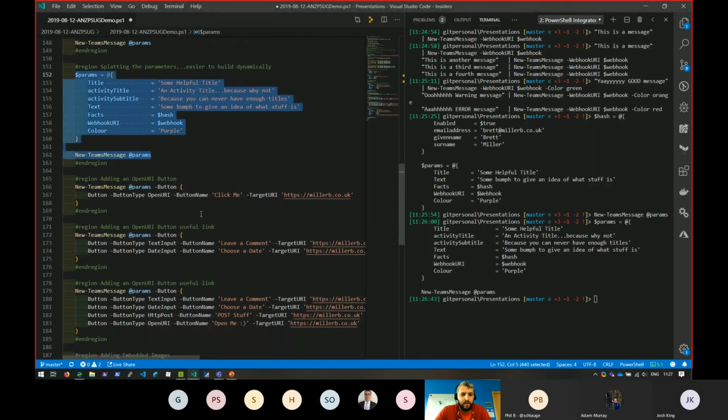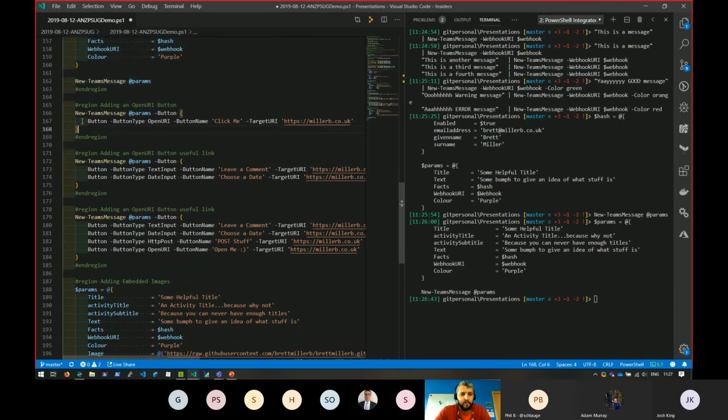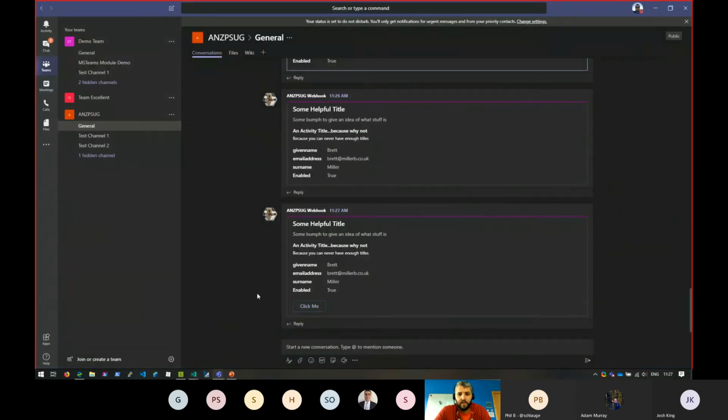The other thing I looked at, which I thought was quite cool, was being able to send interactive buttons. So I don't know if any of you have used SolarWinds or anything like that, or a lot of the stuff you get through to Slack, where you can respond to messages. So this service on this web server has died. You could effectively write a payload.